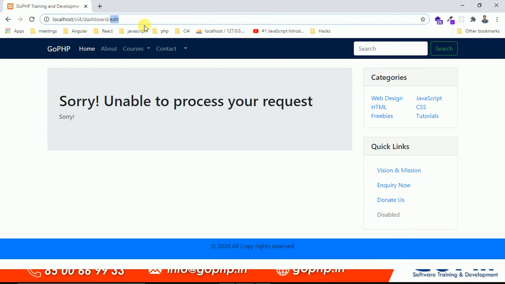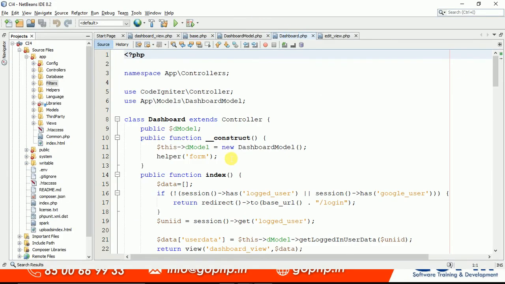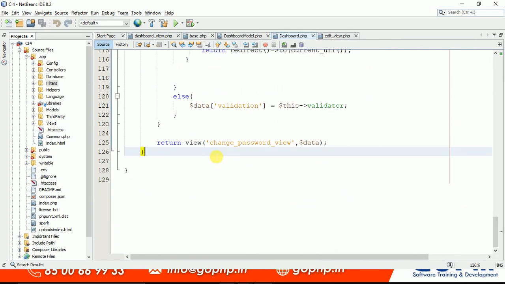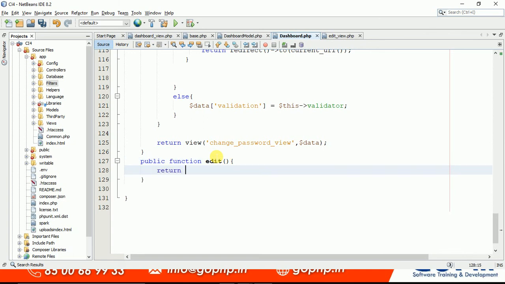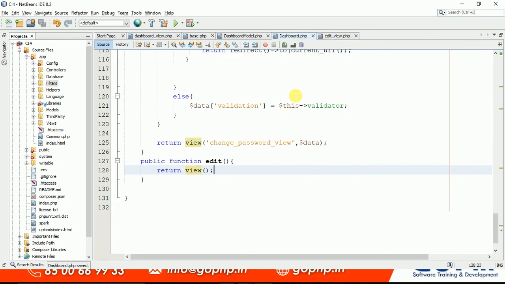Go to your dashboard controller and create this edit method, and this is my dashboard controller. I am going to create the edit method. In this edit method, go to the bottom of it, and we have to display the edit profile page, public function edit. So based on the logged in user, we have to edit the profile. So here we have to load a view. Let me load a view, return view. I have a view here. I didn't write anything in this, I just created a view, edit view, and in this we have to keep some HTML stuff. This is going to be edit_view, definitely.